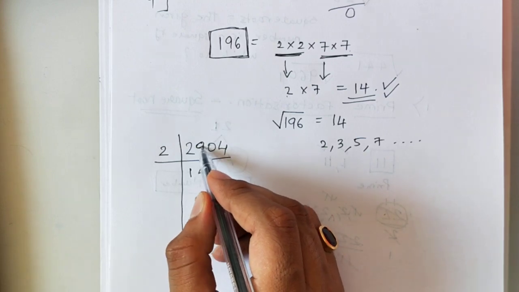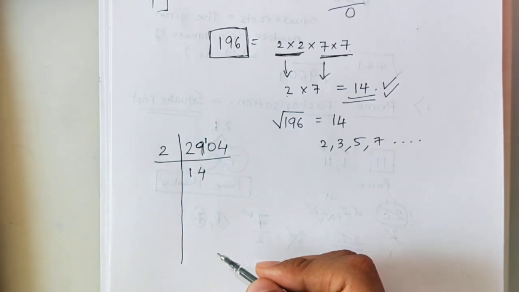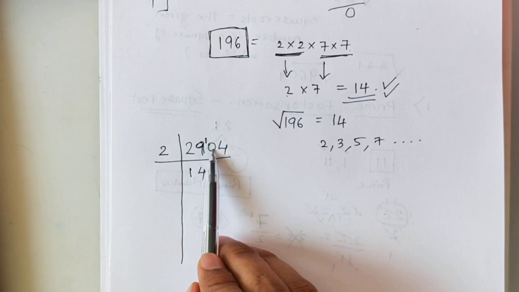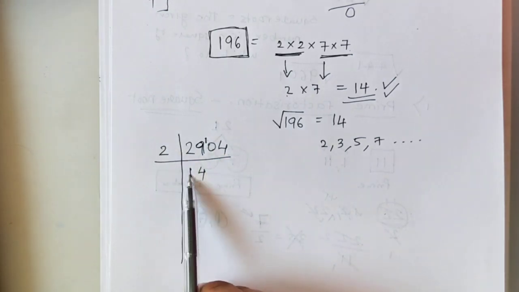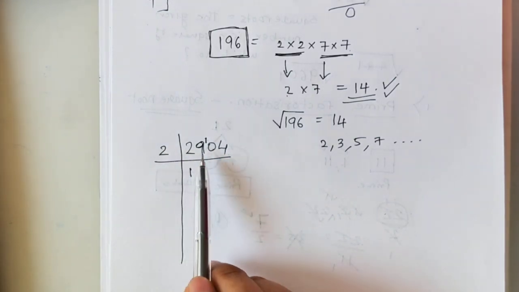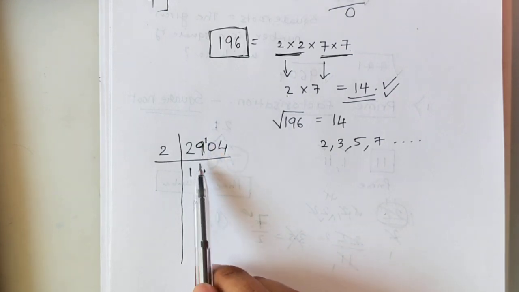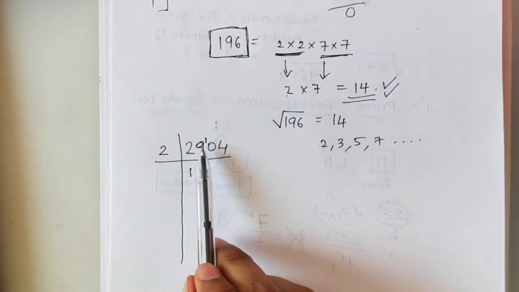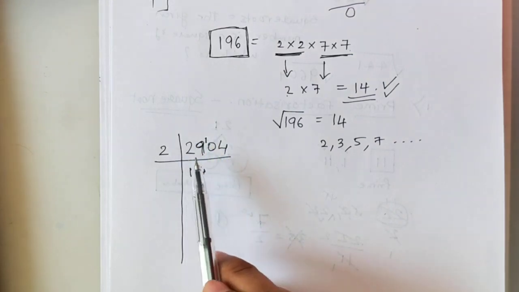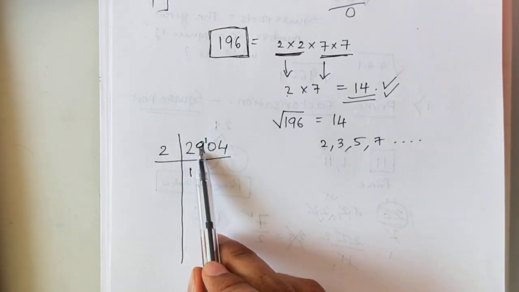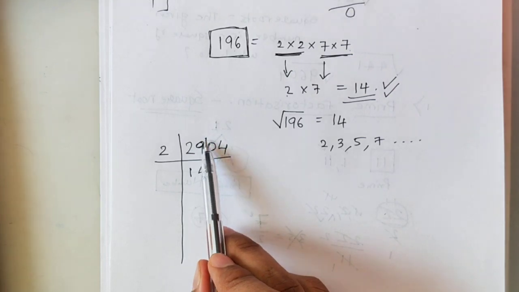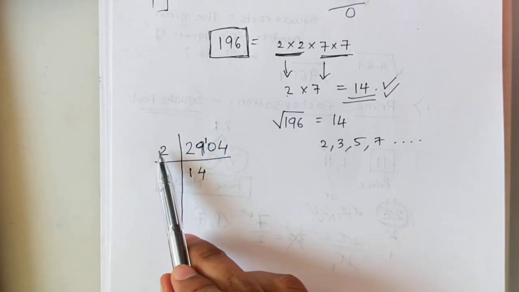Okay, but there is 9 here, so 1 will get carried over. So this third number becomes 10. See how I did? 2 ones are 2. Then 2 fours are 8, but there is 9 here, so 1 got carried over here. I'll find the maximum number which is closest to 9. Closest to 9 is 8. So 2 fours are 8. So 1 is remaining here. So 1, 0 becomes 10.